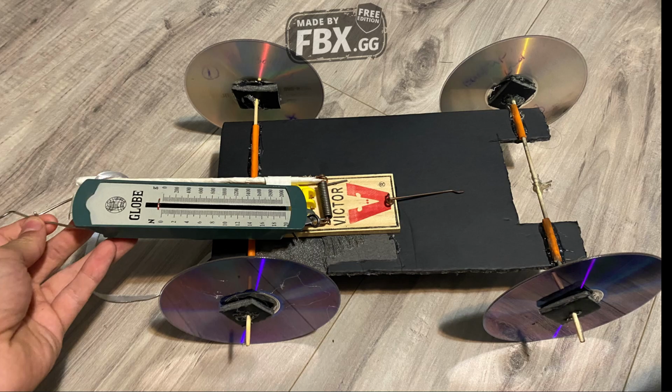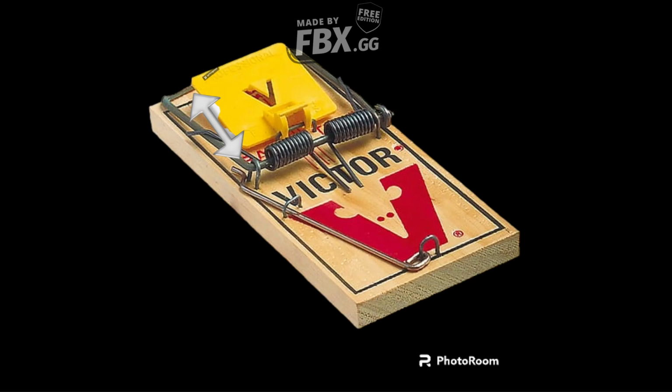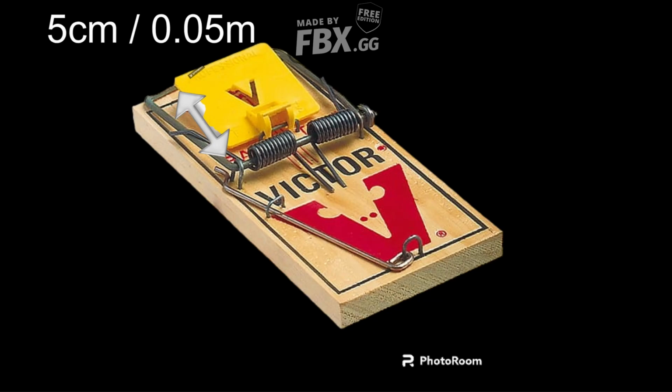One thing to keep in mind is to keep the Newton meter perpendicular the whole time, like shown in the picture. Now we need to figure out the distance that the arm traveled throughout the degrees. Since we're dealing with circular motion, we need to use geometry. First step is to measure the radius. Grab a ruler and measure the metal part of the mousetrap, which mine turned out to be 5 centimeters or